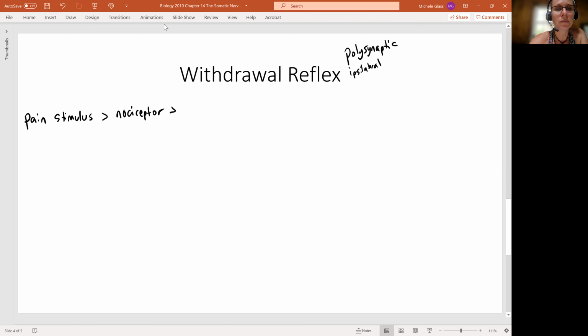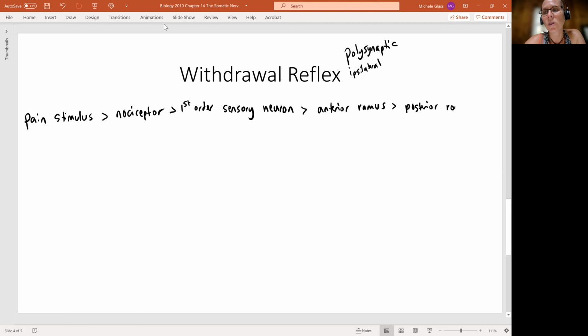first order sensory neuron. And the first order sensory neuron is the one that is making up the spinal nerve. And because we're coming from the hand, it's going to travel the anterior ramus of the spinal nerve. And because it's sensory, it's going to travel in the posterior root. And it's going to arrive at the posterior gray horn. So we're just tying together information that we have from previous